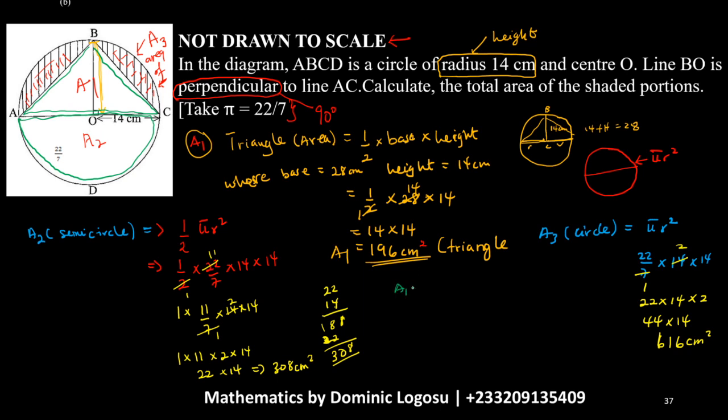So area 1 plus area 2. That's going to give us 196 plus 368. Okay? And then when we add, let's do the addition here,